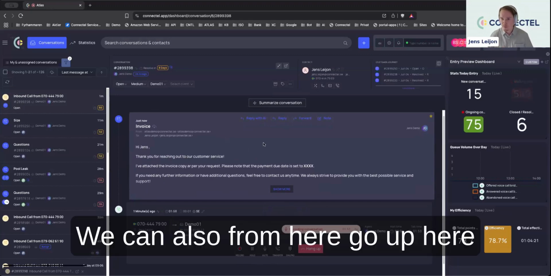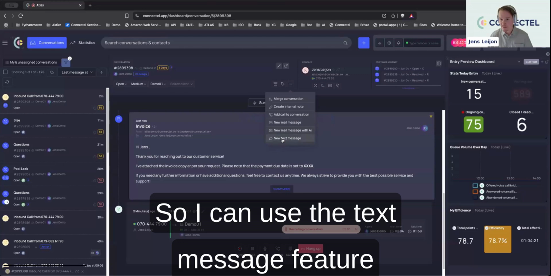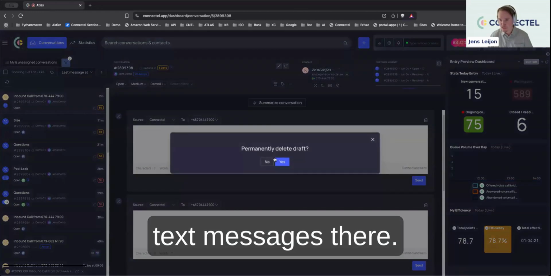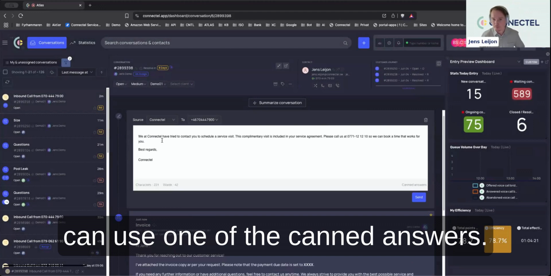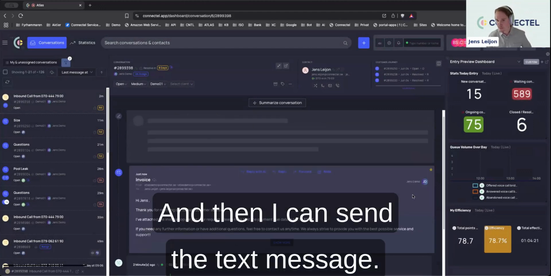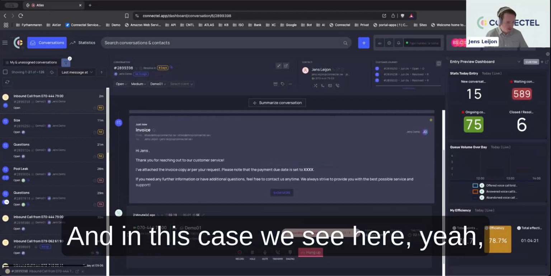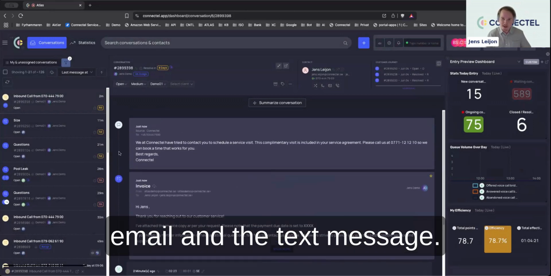We can also from here go up here, and we can add a new text message. So I can use the text message feature to add a new text message. Now we have multiple text messages there, so I will delete one, and then I can use one of the canned answers, boom, and then I can send the text message. And in this case, we see here, yeah, it's come to my mobile right away, the live phone call, email,